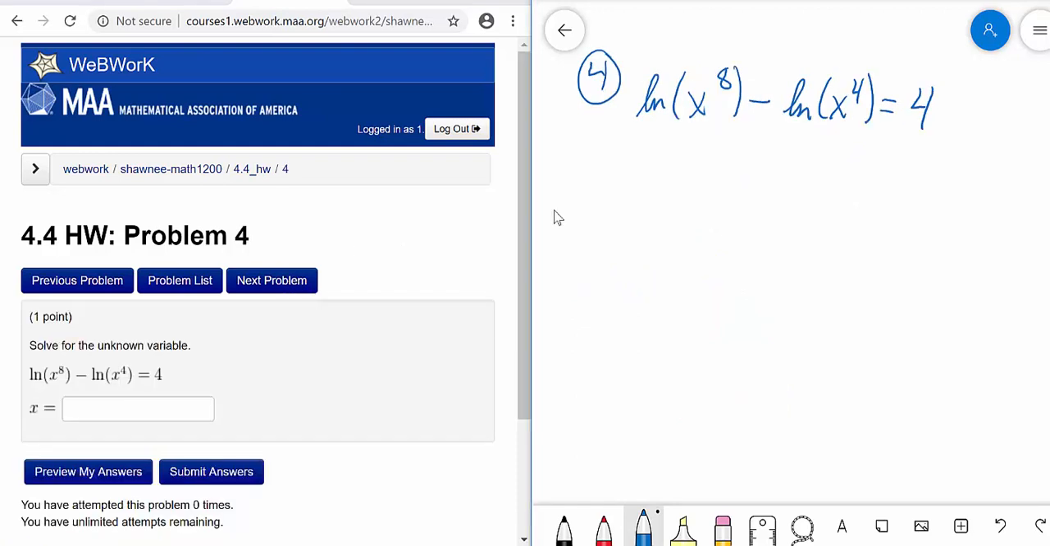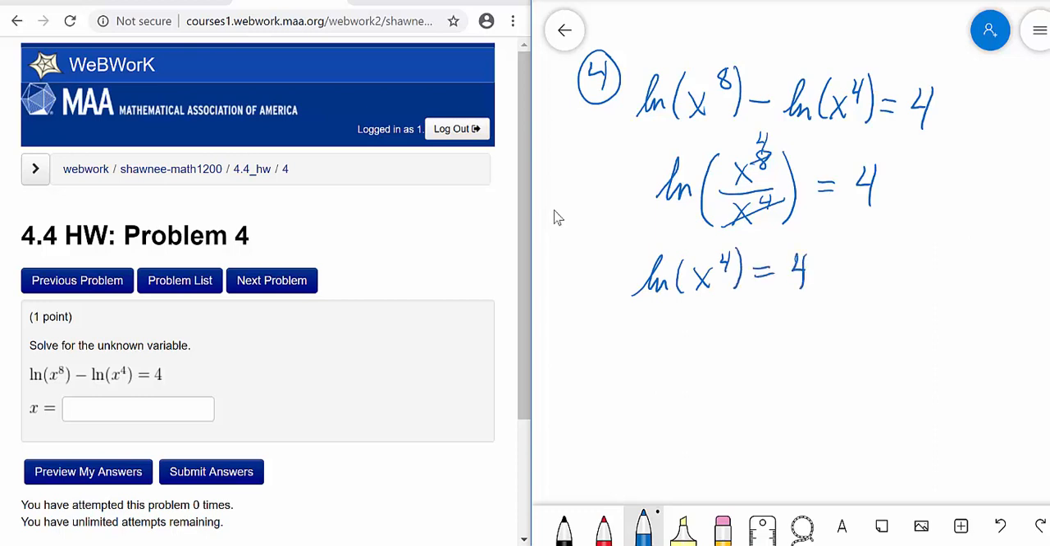Number 4 is very similar to problem number 3. We have a log equation using the natural log, and the left-hand side is the subtraction of logs: the natural log of x to the 8th minus the natural log of x to the 4th. By our laws of logarithms, we can combine this into one logarithm, the natural log of x to the 8th divided by x to the 4th. And x to the 8th divided by x to the 4th simplifies to x to the 4th, so we get the natural log of x to the 4th